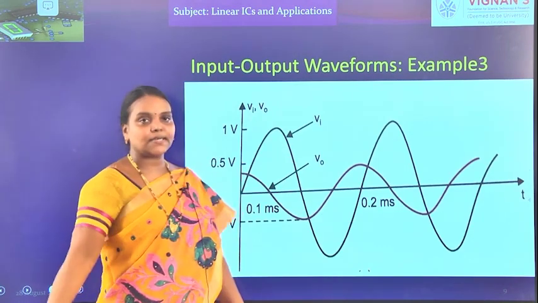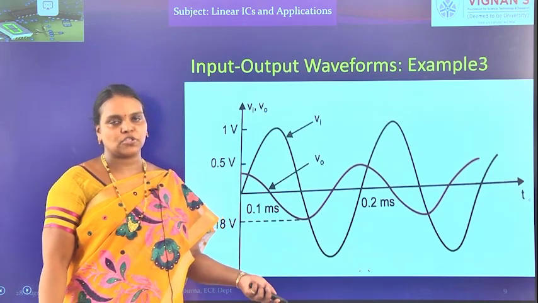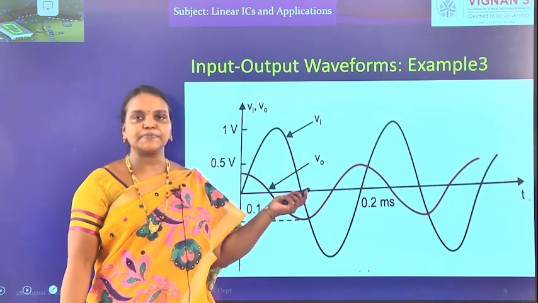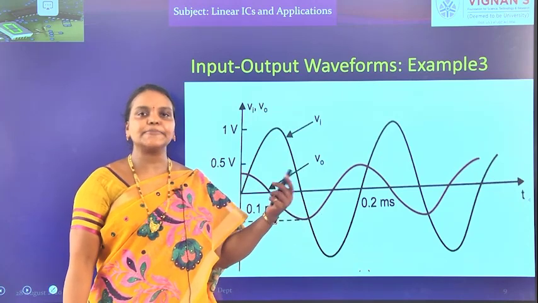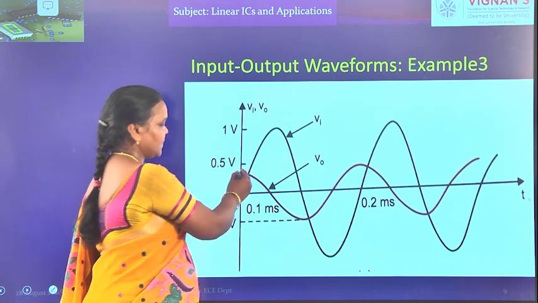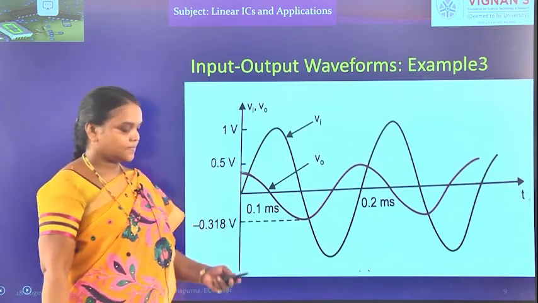Let us see the third example. When the input is a sine wave, what should be the output? What is the integration of sine? It is minus cos. But in our expression we also have a minus, and this minus and that minus cancel. So, the output is a cos signal. So, for sine input you are getting the cos output.